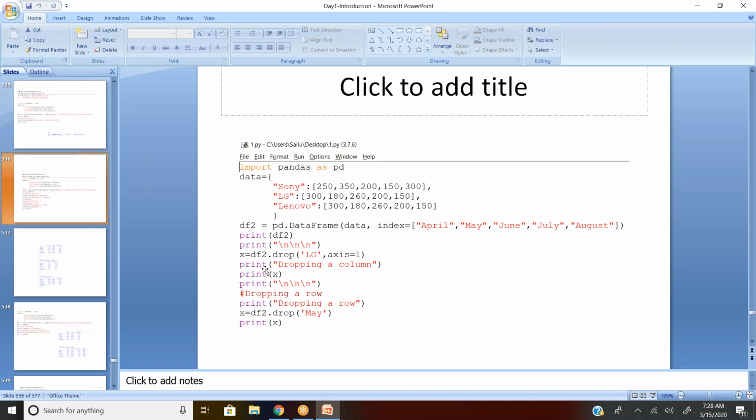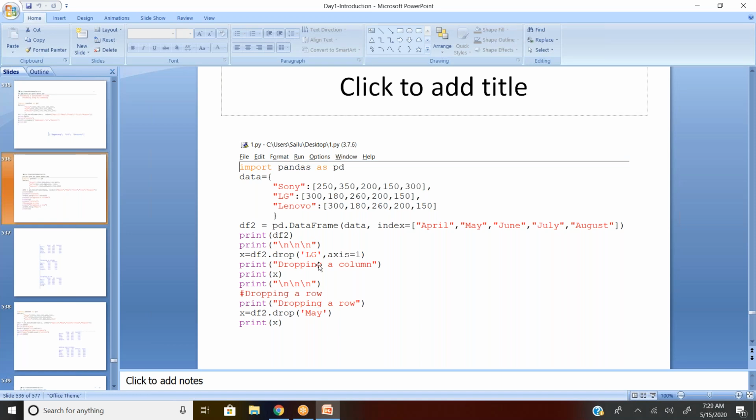If you observe here, the syntax for rows and columns is the same. df2.drop in bracket. Who knows if LG is going to be a column or row. So you need to give an instruction that you're referring to a column, not a row. So to give an instruction to the system that you're referring to a column, not a row, you mention axis equal to 1.